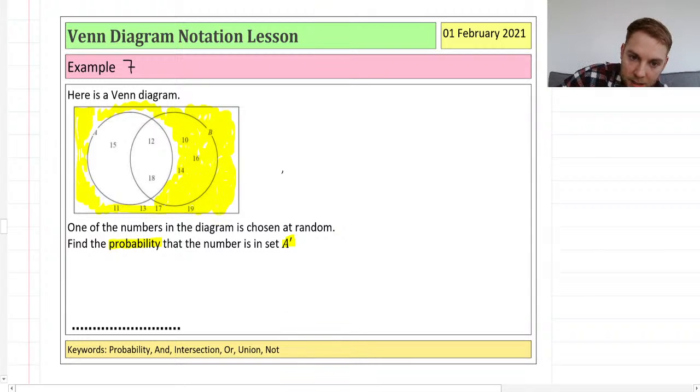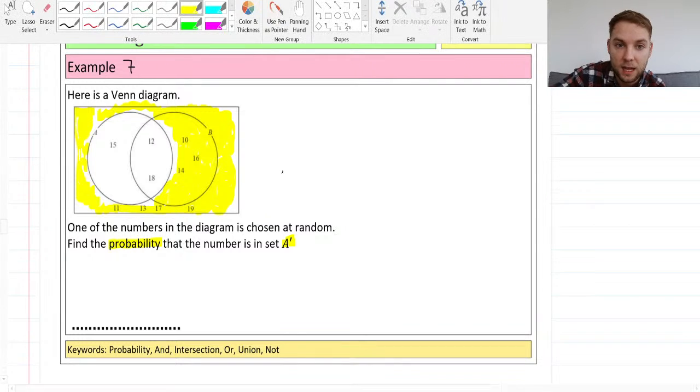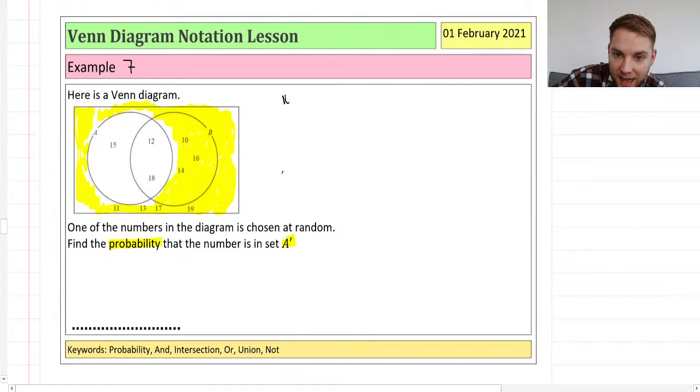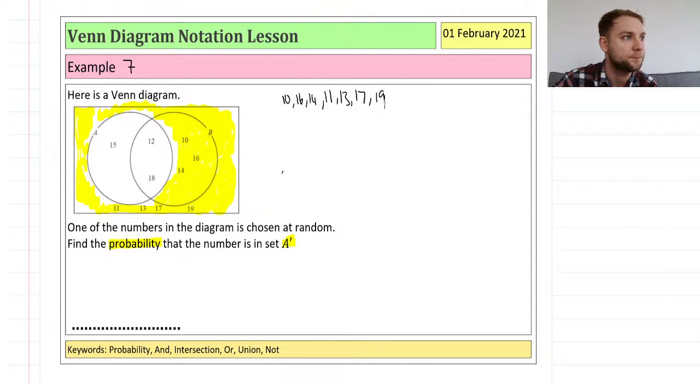Brilliant. Now, we've got to think about what the question's actually asking. If it was just asking us to list everything not in A, then I'd list all the numbers, which would be, well, let's list them all. So it's going to be 10, 16, 14, 11's outside, 13, 17, and 19. These are all the ones which are not in A. However, it's not asking for that, is it? It's not asking for the values which are not in A. It's asking for the